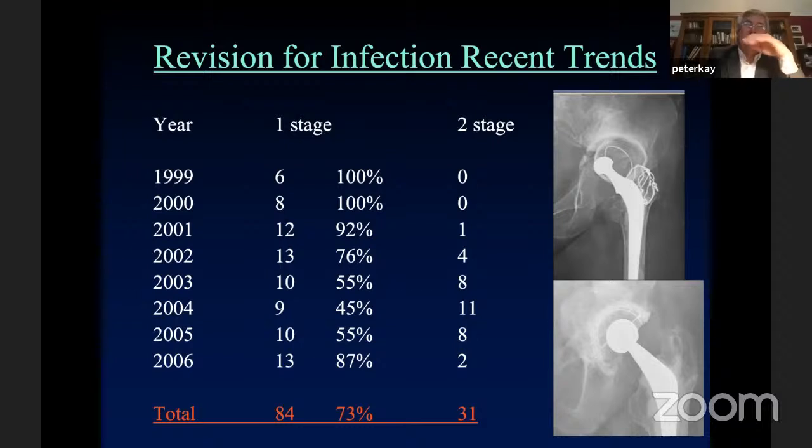But that put us off doing one-stage revision a bit because we were looking in cases thinking, well, we've taken the implants out, maybe the bone's not great, maybe we'll do bone grafting. And that was more likely to push us to do a two-stage revision. We've probably slightly reversed that back again, whilst we're still absolutely committed to the use of impaction grafting and bone grafting. It doesn't have to be absolutely perfect in terms of the fixation with cementing. So I think we've found a more steady level with that.